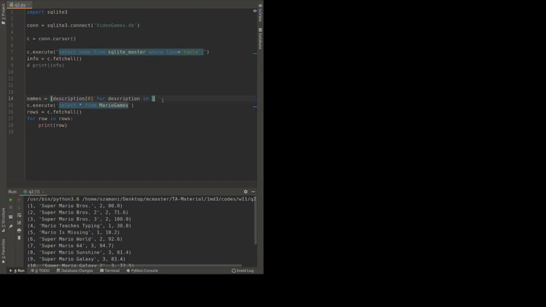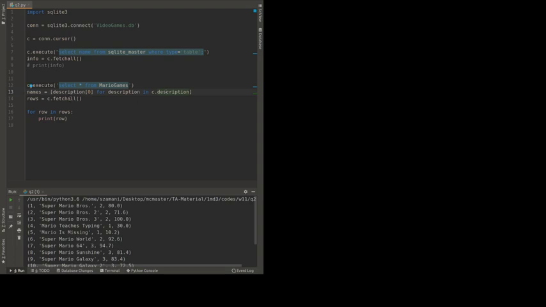So this one should come before this. So see the description. Alright, this is a cursor that I'm executing this query upon, and there is